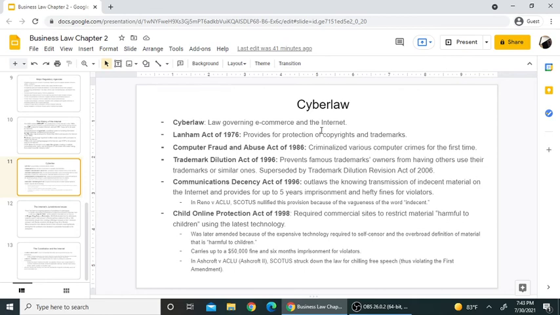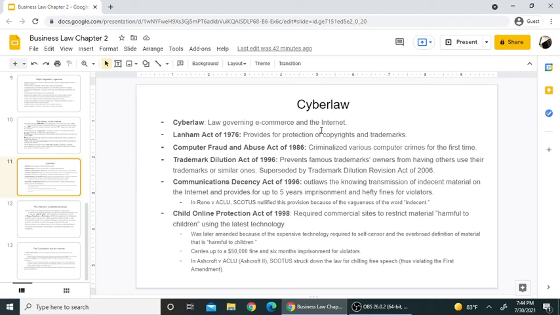But the law was revised in 2006. The Communications Decency Act of 1996 has a lot of different provisions, including Section 230, which is kind of famous for a variety of reasons. But one of the main things that the CDA did was it outlawed the transmission of so-called indecent material on the internet and provided for imprisonment, but the Supreme Court nullified the provision